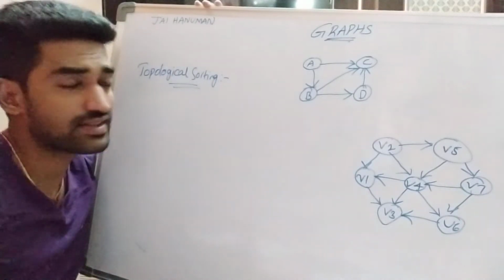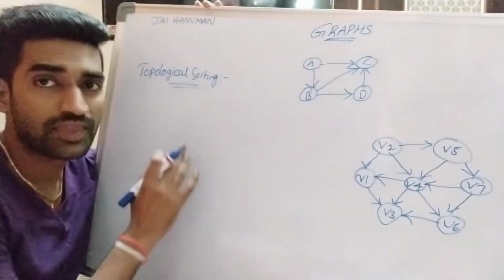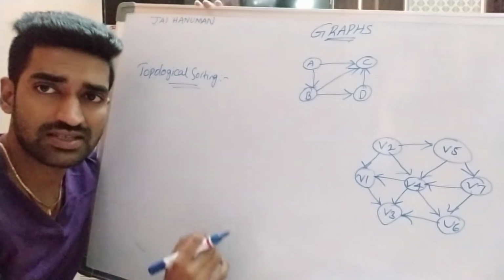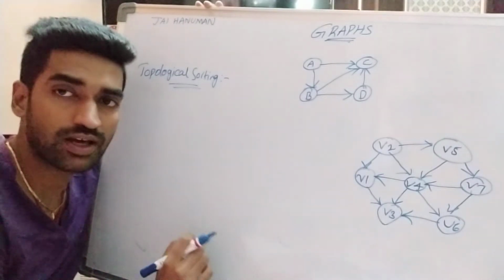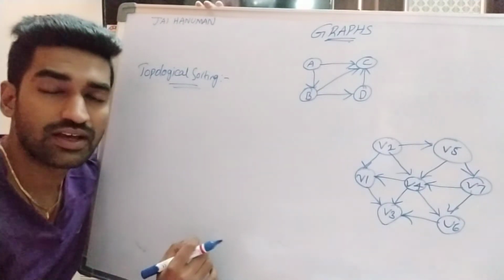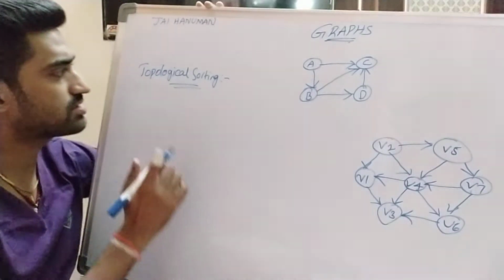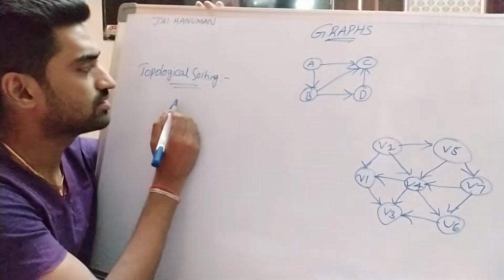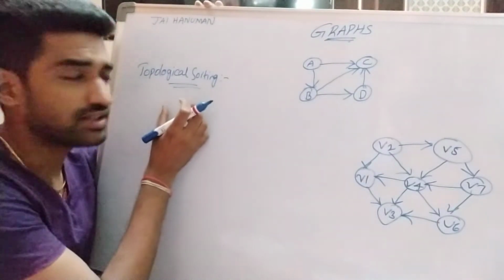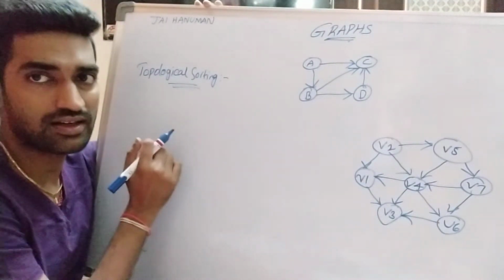Yes, hi friends. In this session, we are mainly concentrating on topological sorting. In previous sessions, we already discussed what is an Euler graph, what is a Hamiltonian graph, and what are the articulation points of a graph. In this session, we will see what topological sorting is and how to arrange all the vertices in topological order.